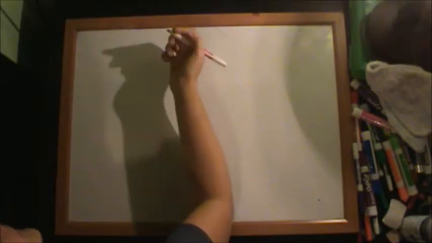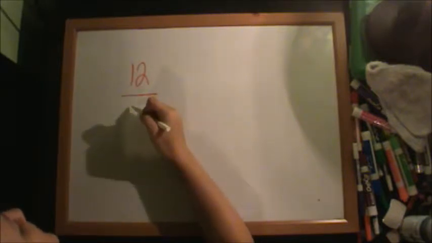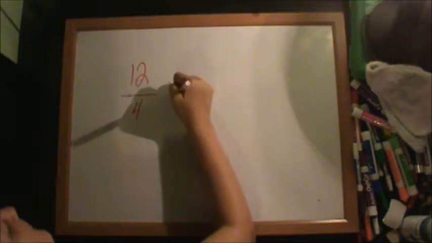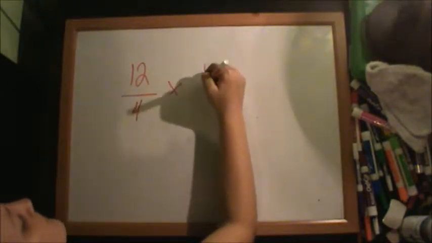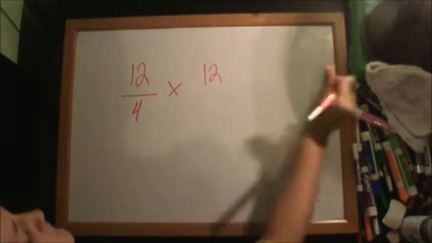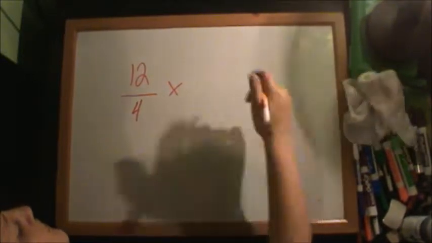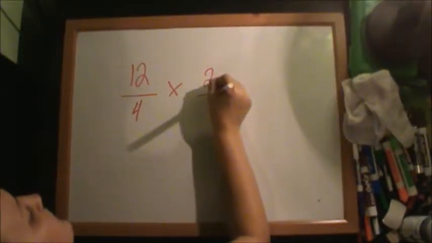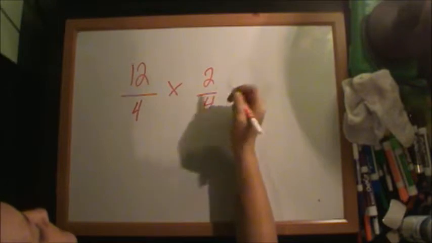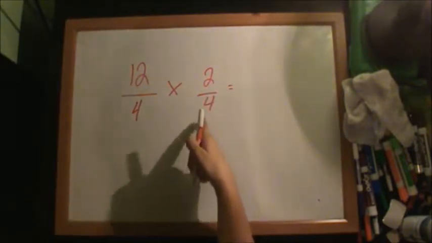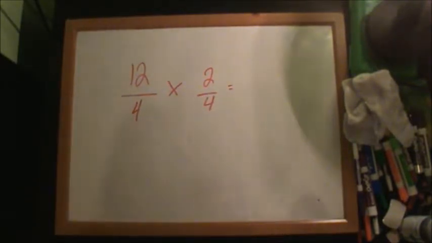We can do another one. As long as your kids know basic multiplication facts, they should be able to do this. Let's do a weird one: 12/4 times 2/4. Okay, so even if the denominator is the same,